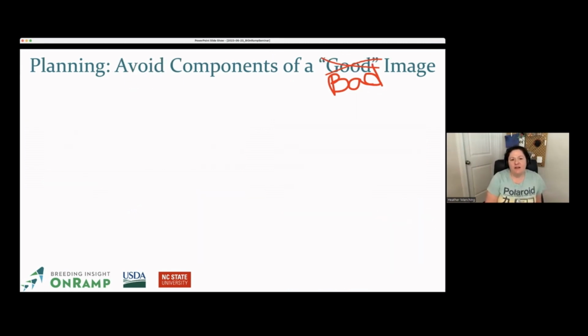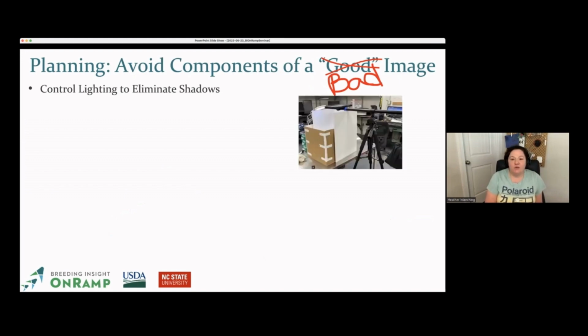And so how do we avoid the components of a bad image when we're doing an imaging project? A lot of it is focused on controlling the lighting to eliminate shadows. And again, this is the image I shared earlier. It can be as simple as maybe foam board around your imaging area to block out some of the light coming in from different angles. Also providing an additional source of light, such as the ring light in the top left, can help eliminate shadows